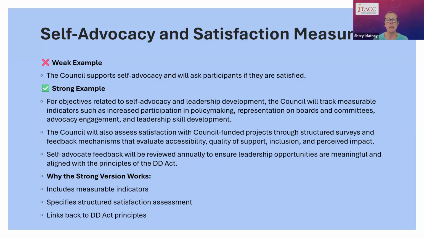That gives a signal, and most of those correspond, though some don't, back to the performance measures. But you also want to speak to that you're going to assess satisfaction,